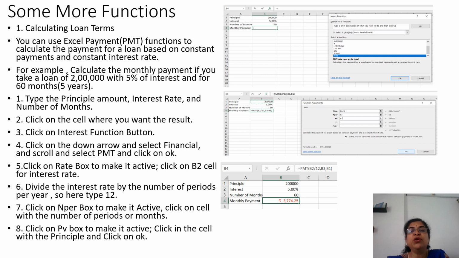Click on the cell where you want the result. We want the result here. So I'm clicking on the cell, giving equal to sign and selecting PMT. Click on insert function, selecting PMT function. There you have to specify the ranges, which is the principal amount, which is the rate of interest, and how many years or how many months you want. After selecting that, click on OK. You'll get it. This will get it calculated for you. Okay, and this you have to pay. That's why this amount is coming in with minus sign.